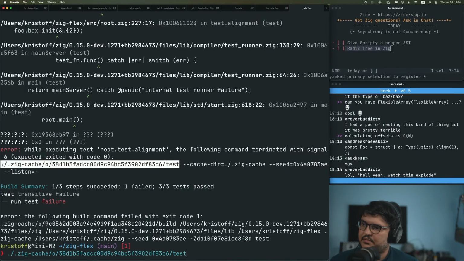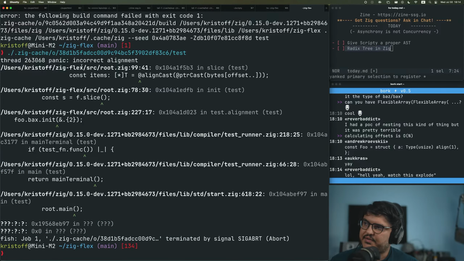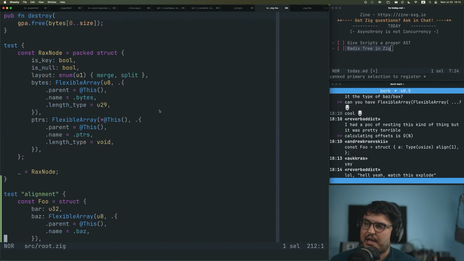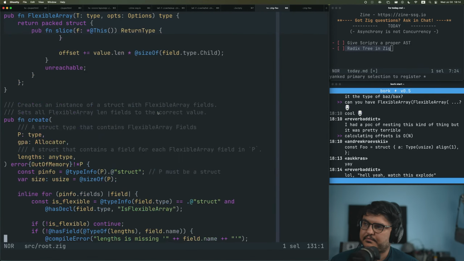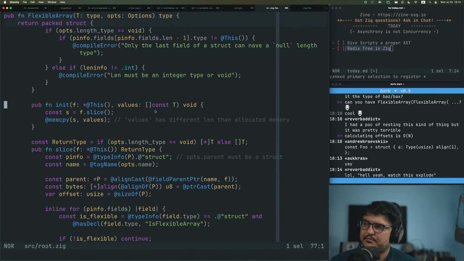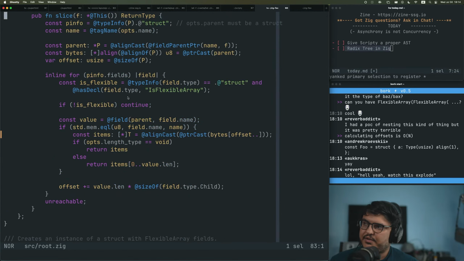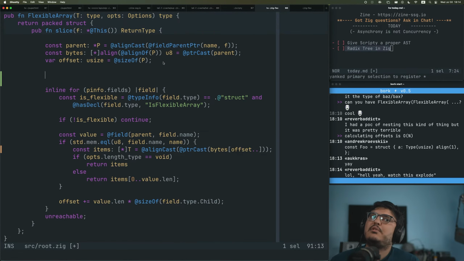So we can run this. And we can see this. We are failing the alignment test. Okay, now we need to do alignment math. So how does this work? Var last flex. It's an optional last flex align, I think. We don't have to worry about the alignment of this guy because we don't care. But let's say last flex align